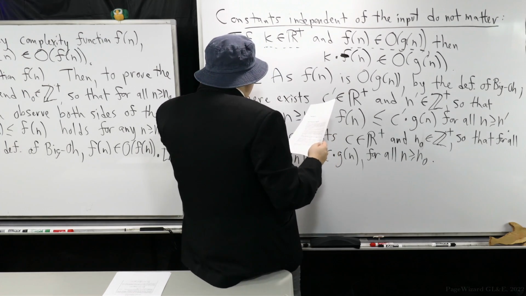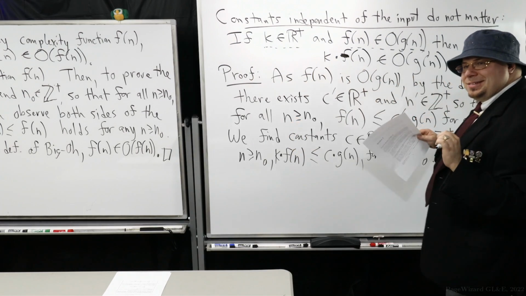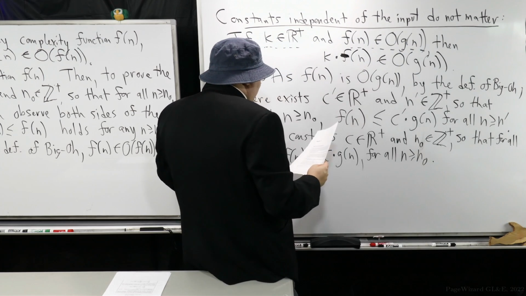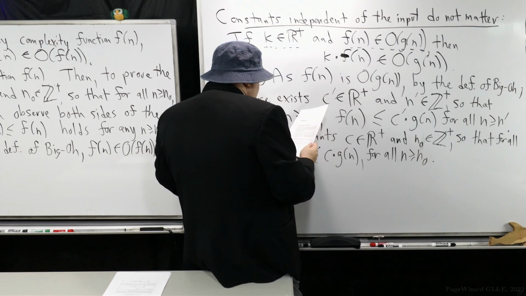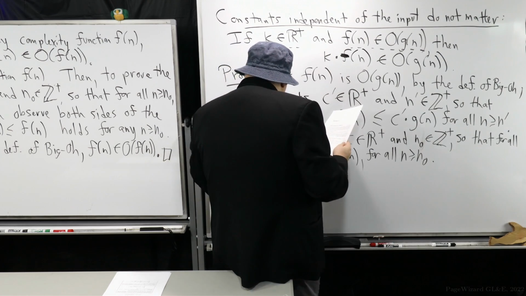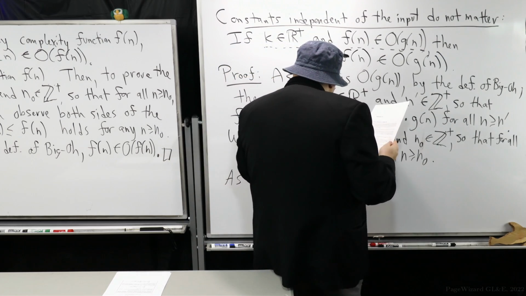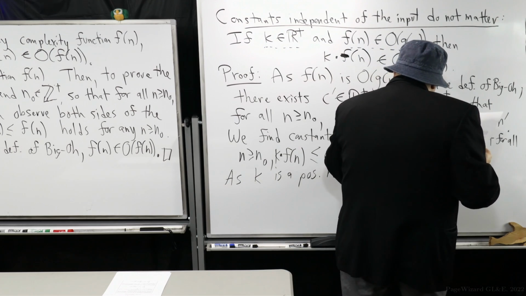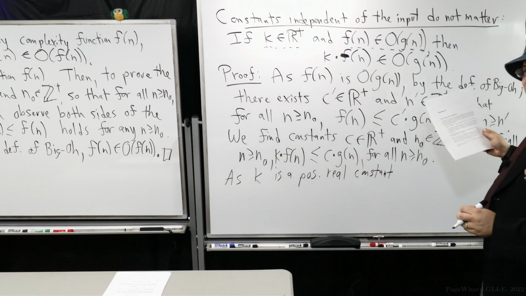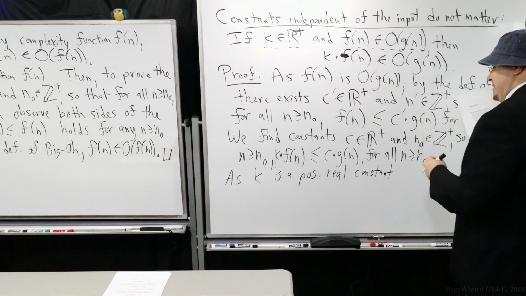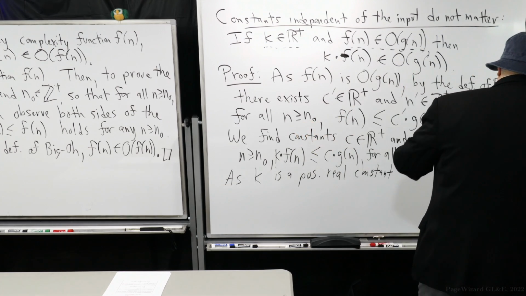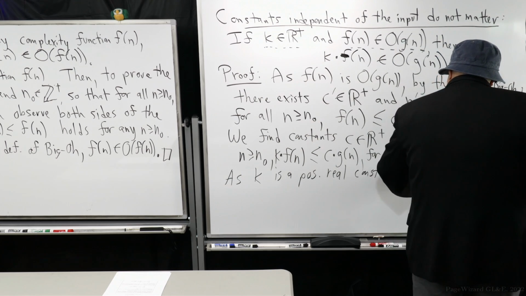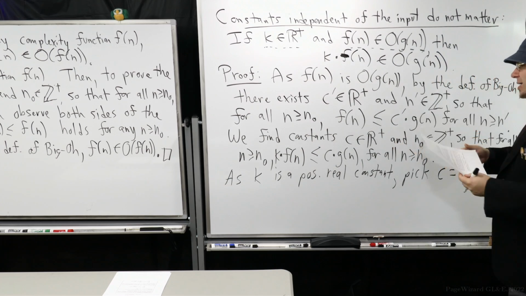So remember that k is a constant. It has nothing to do with f. This is going to be important for our reasoning here. So I'm going to say that k is a positive real constant. It's important that it is a positive real constant, by the way. It can't be 0. You would have to do a little bit more massaging to make this work if that were not the case. We're going to pick c so that, remember, I'm going to try to make it look